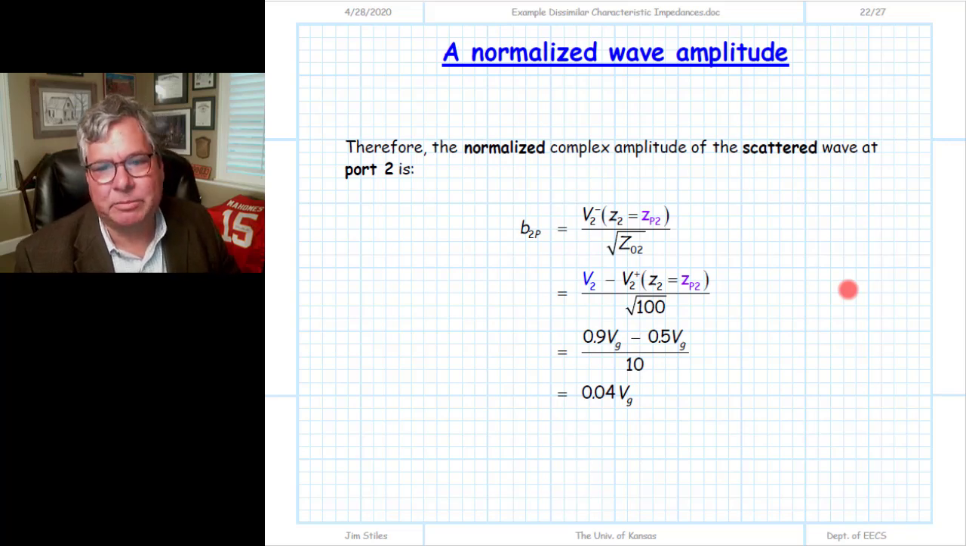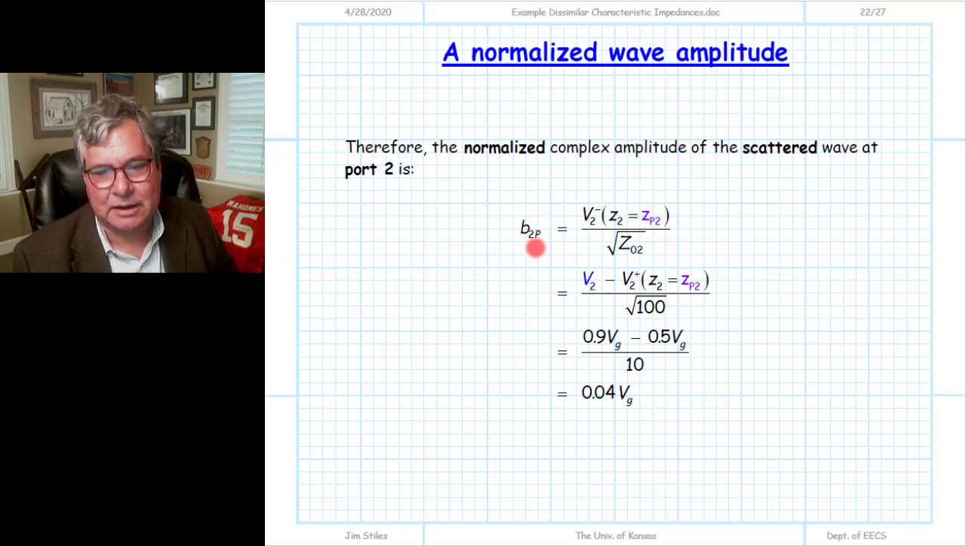All right, so now we can determine the normalized wave amplitudes, and this is the same process as before. You get the minus wave voltage from the difference between the total voltage V2 and the incident wave on port 2. We just calculated the total voltage V2. We subtract the total incident voltage, rather, of 1/2 VG there, and this becomes the value now of the scattered wave at